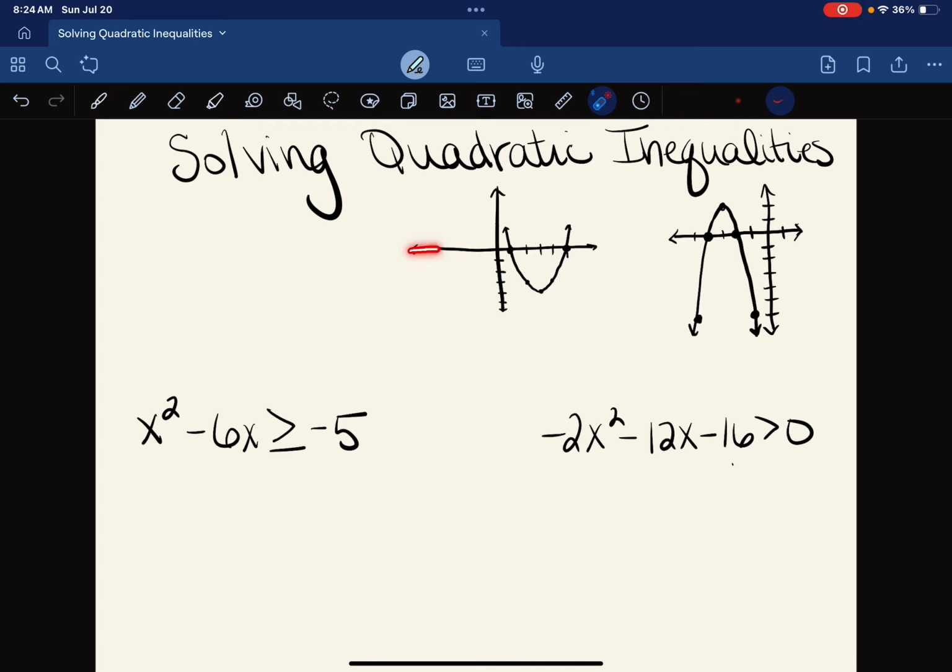So here is our x-axis. And of course, when you're on the x-axis, right here and here, our parabola or our function has a value of 0. If I move to the right, this section of my graph is positive or greater than 0, and this section of my graph is positive or greater than 0. But if you were asked where is your function less than 0, you would be looking for this section of